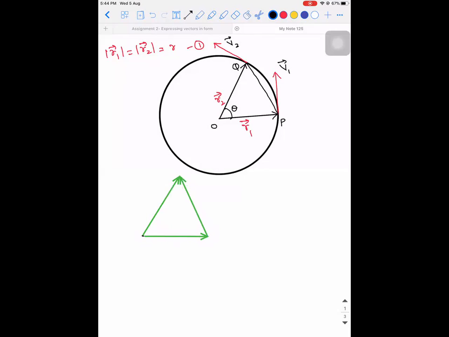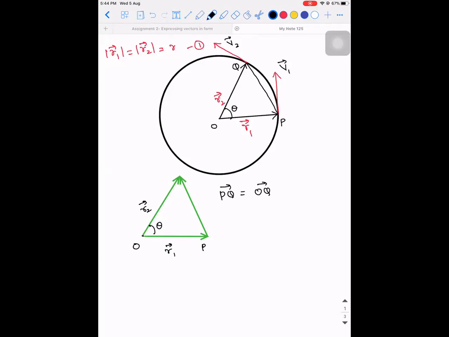Yes, sir. Here, OP vector and OQ vector are R1 and R2, no, sir? R1 vector and R2 vector, yes. Okay, sir. R1 vector and R2 vector, but their magnitude is the same. Why are they different in terms of vector quantity? This was also explained. Because they have different directions, right? So if you take this angle as theta,